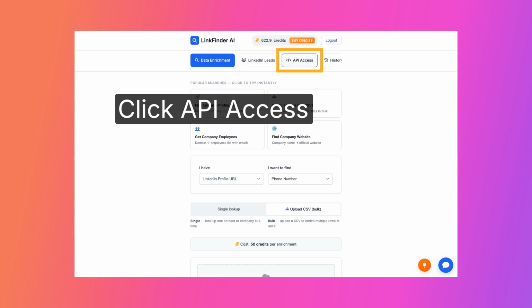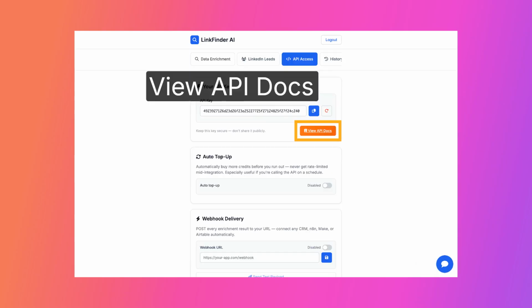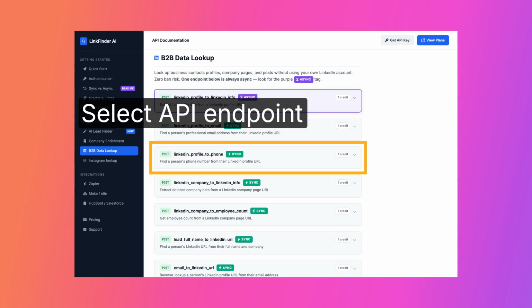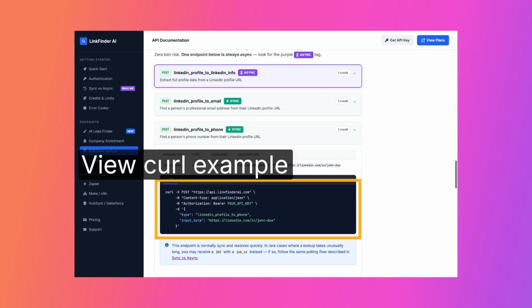Navigate to the API Access section to explore programmatic ways to use LinkFinder AI's data enrichment. Click View API Docs to see detailed instructions on how to integrate with LinkFinder AI's API. Choose the B2B Data Lookup API to find phone numbers from LinkedIn profiles programmatically. Select the Post LinkedIn Profile to Phone API endpoint, which finds a person's phone number from their LinkedIn profile URL using 1 credit. Review the example curl command showing how to call the API with your authorization key and LinkedIn